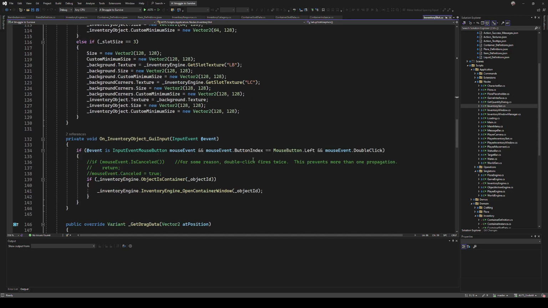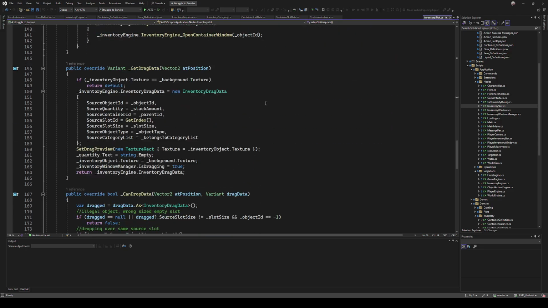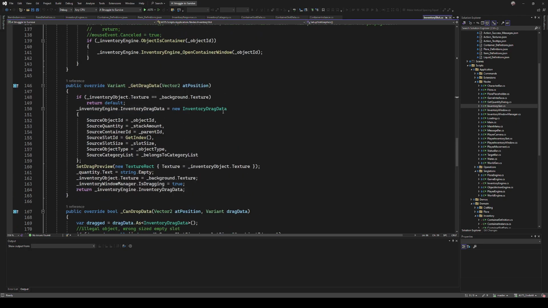And then of course I've got my drag and drop. I'm going to do a separate video on drag and drop because in my implementation, I'm actually dragging and dropping a custom piece of data, a C# class. I'll show you how to do that because there's a lot of confusion on that I've seen on Reddit and other places,